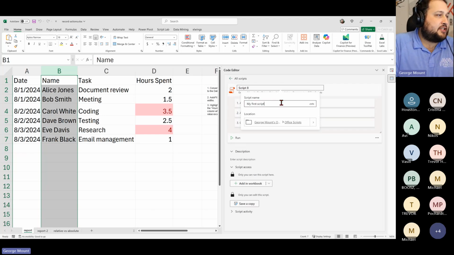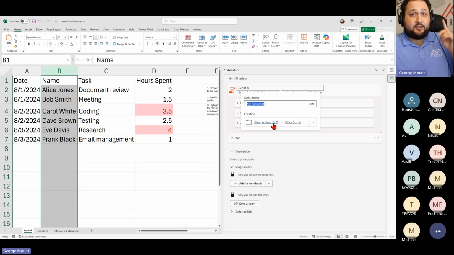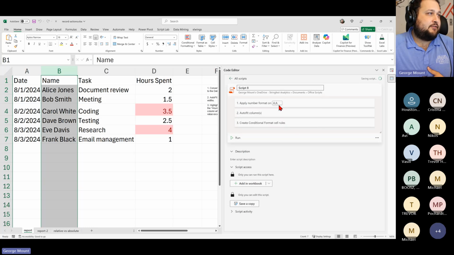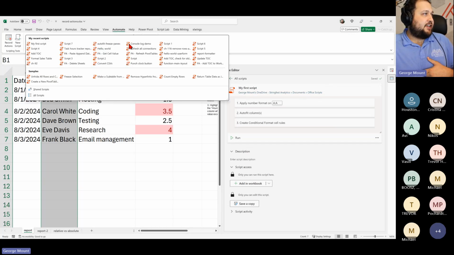Okay. You will see that this gets saved as a custom file extension, OSTS. There is a default place where your Office Scripts are going to be saved, and it is on your OneDrive. There's going to be a folder, I believe it's in your Documents folder. So there it is under Documents. This gets created by default. And if I go up here too, you'll see I have a bunch of stuff in here, but there are some samples that come by default as well. So you should have access to those too.